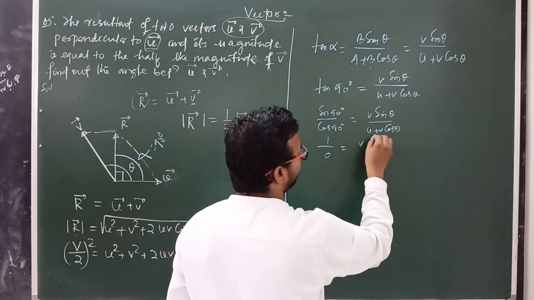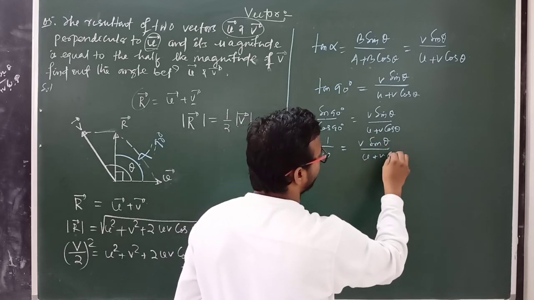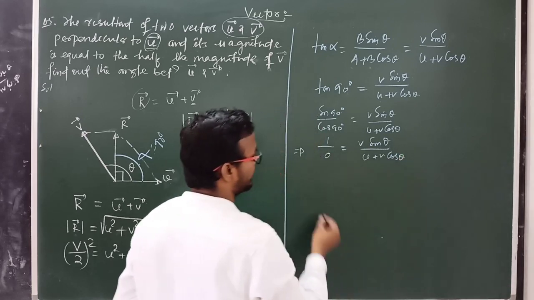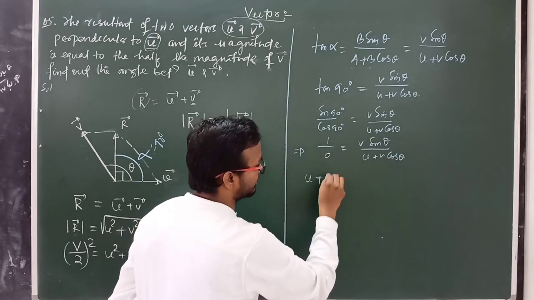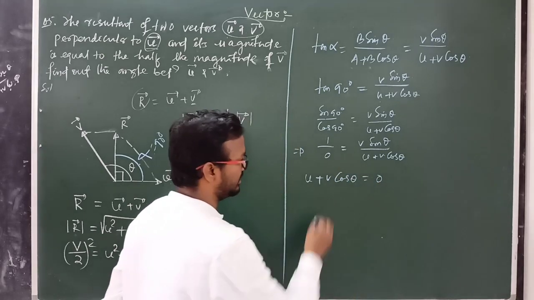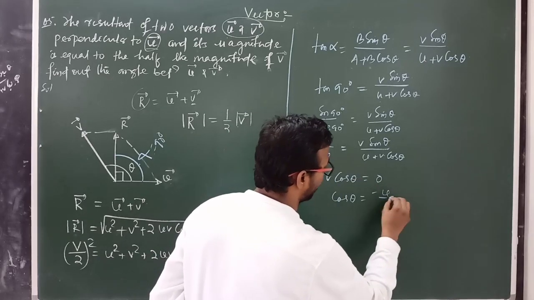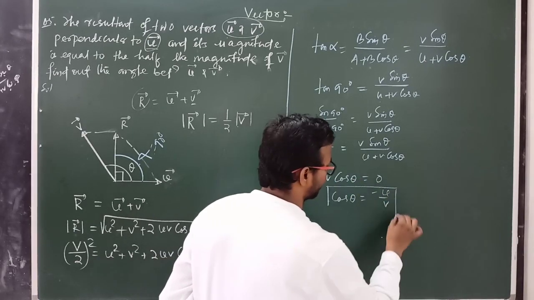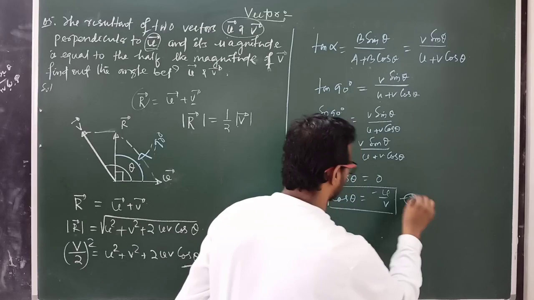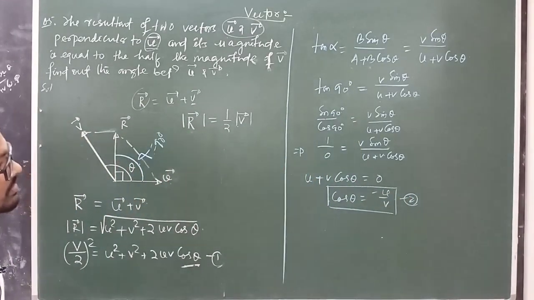Then you can write v sin theta equal to u plus v cos theta. So you can write here that u plus v cos theta equals 0. Clear? And here cos theta equals minus u by v. This is the second equation, equation number 2. Now use this value here, then we can write